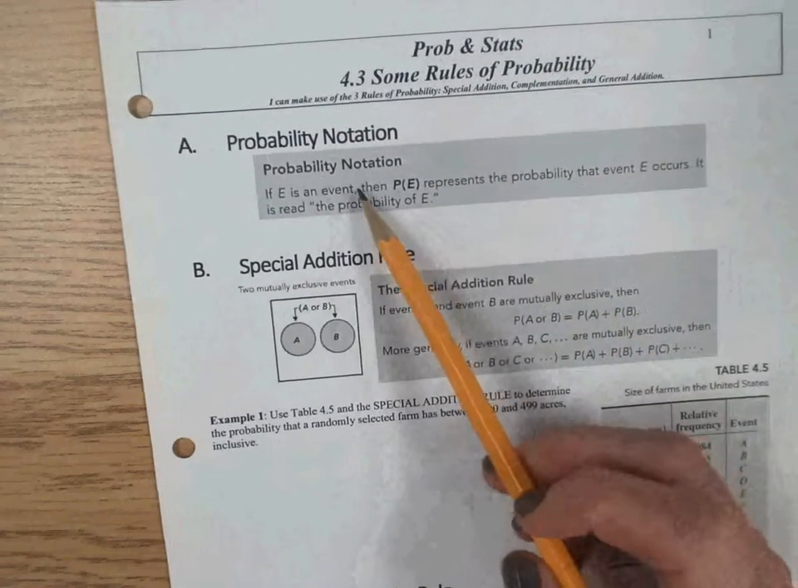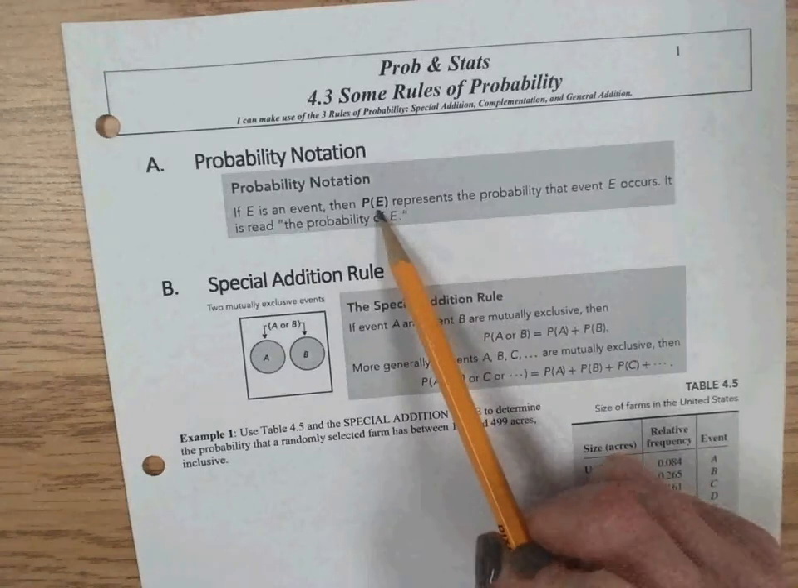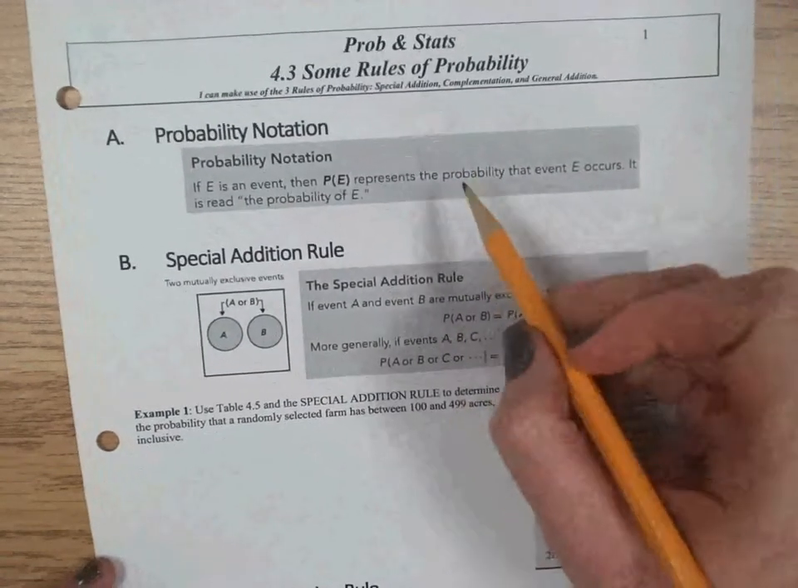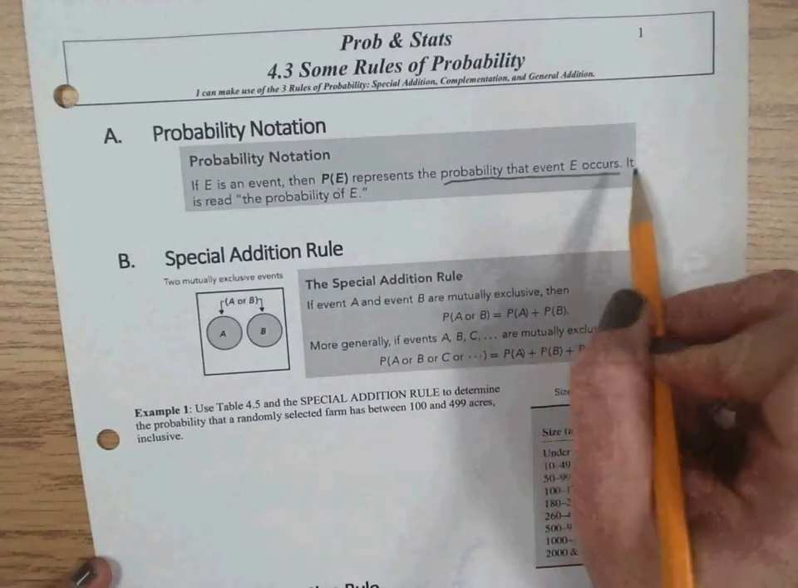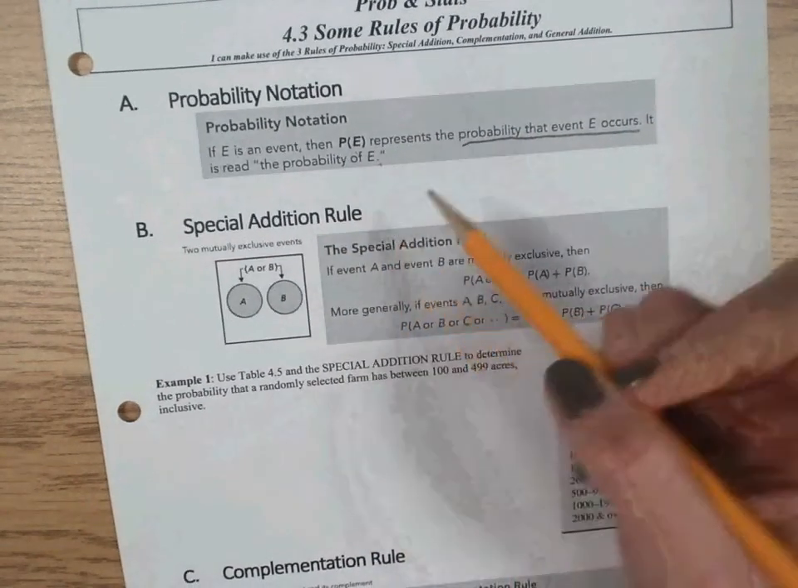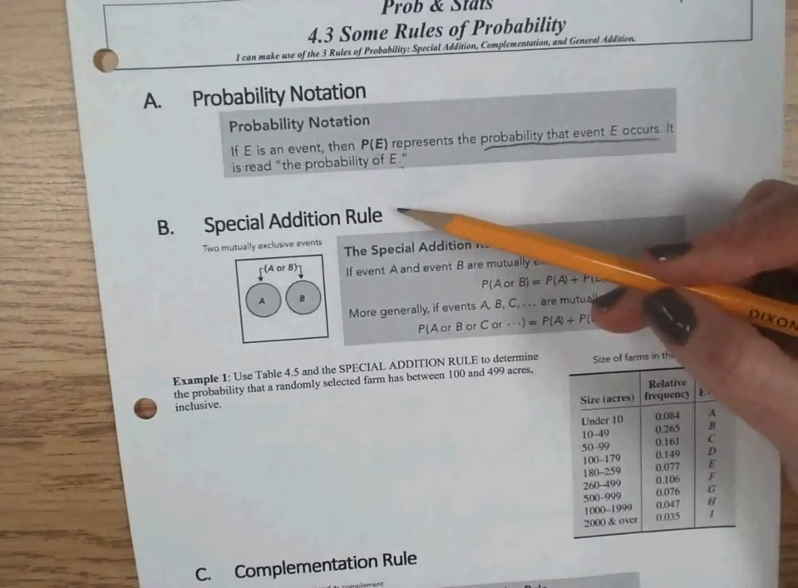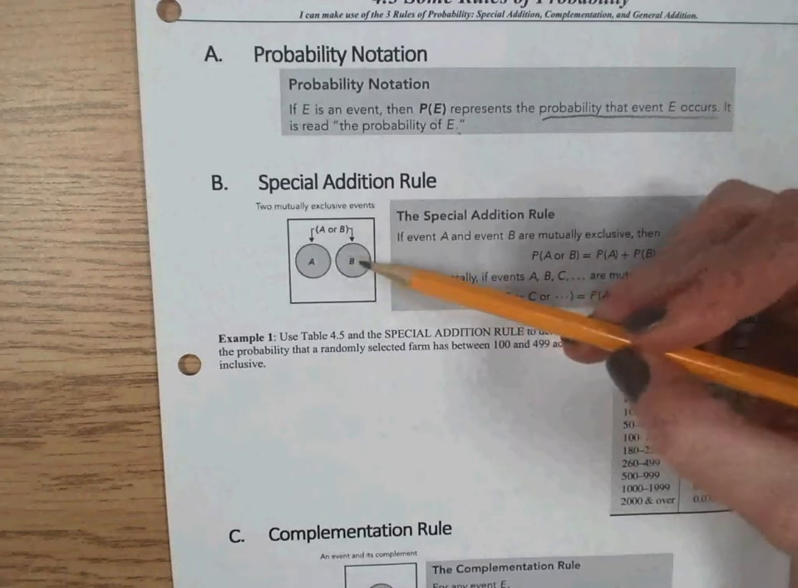And you can see if the event is named E, capital letter E, then the probability of E represents the probability that an event E occurs. So we read that, the probability of E. So next is our special addition rule, and you can see the special addition rule applies for two mutually exclusive